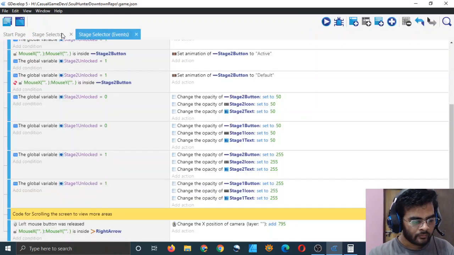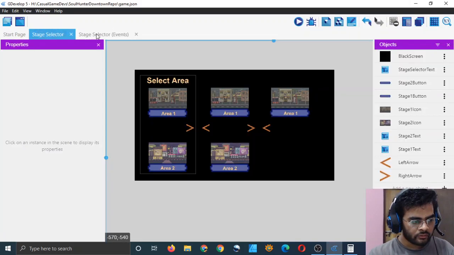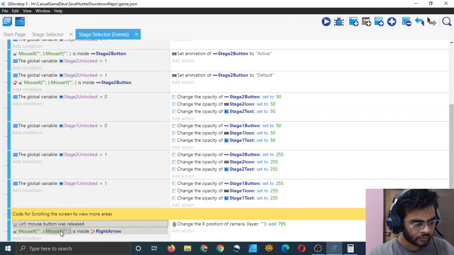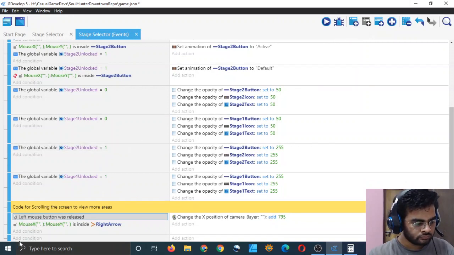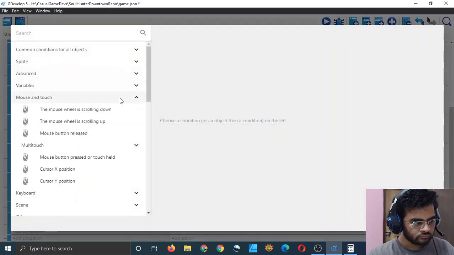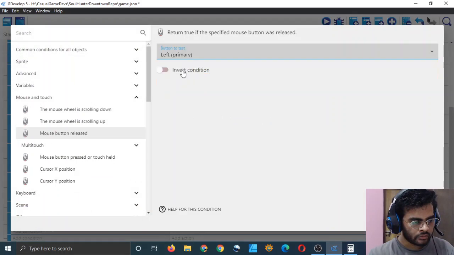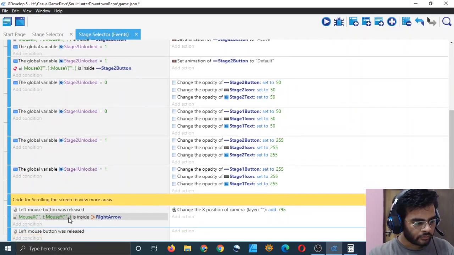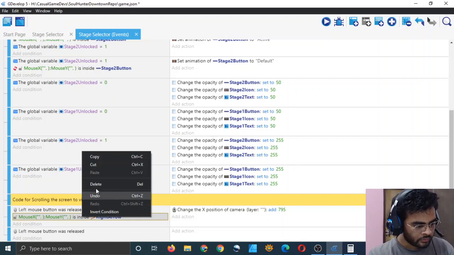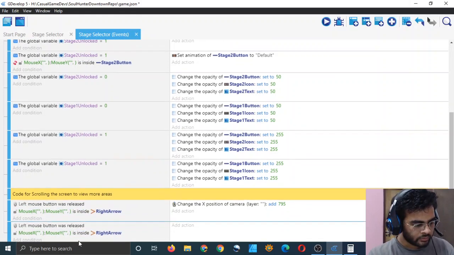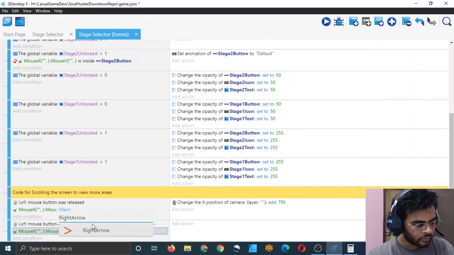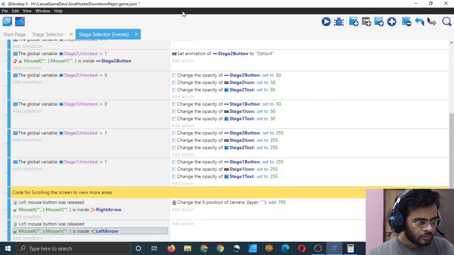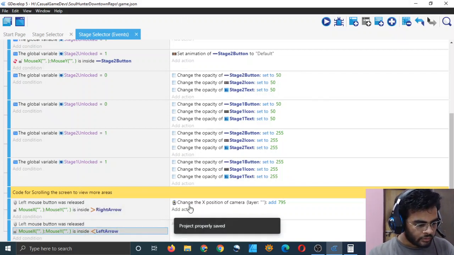And let me just do it for the left arrow. So add a condition, mouse release left, and the position is, let's just copy and paste, and instead of right arrow just type left arrow, click on it, and change the exposition of camera.